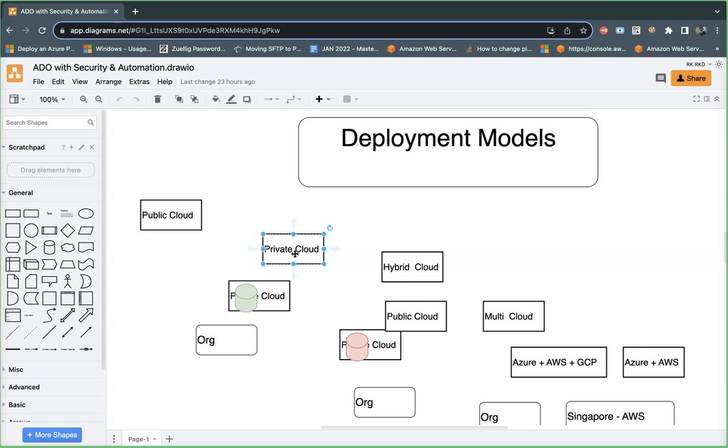But the problem with the private cloud is you are unable to scale. You cannot scale to the max. That is not possible. For example, you have an infrastructure that can scale up to some 250 users concurrency. But all of a sudden, if you get 1000 user concurrency, what should you do? You don't have the infrastructure, right? Obviously, you need to buy the infrastructure again for private clouds also. So that is the problem with the private cloud. To overcome that, we are going for the hybrid cloud.